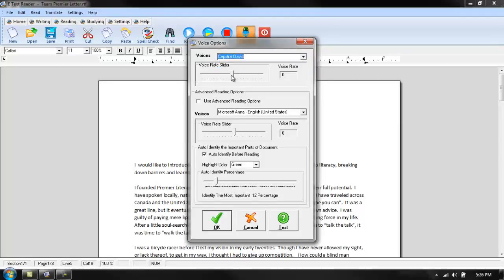I can adjust the rate here if I'd like to drag the slider to the left to make it slower or to the right to make it faster. I'll make it a little faster. Rate is 3. Now the second voice is going to be used with the advanced reading options enabled, and I'll